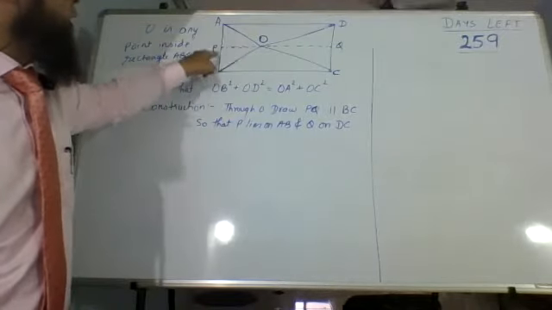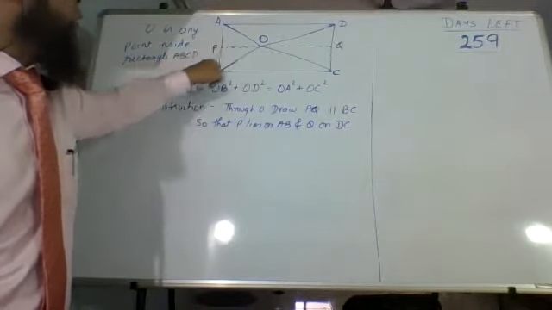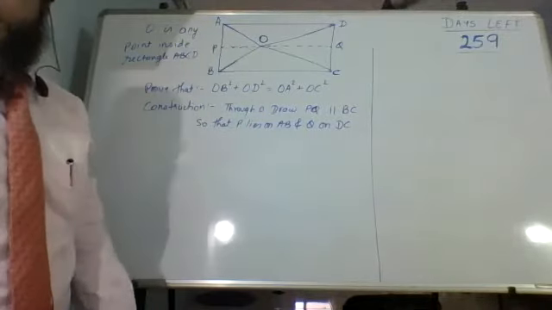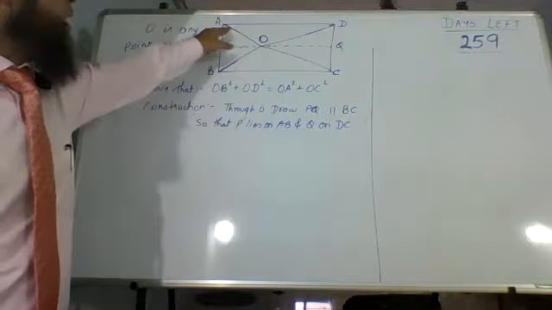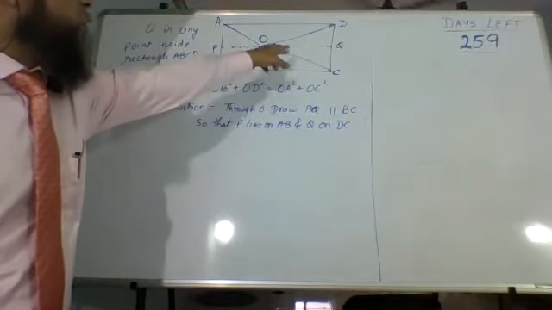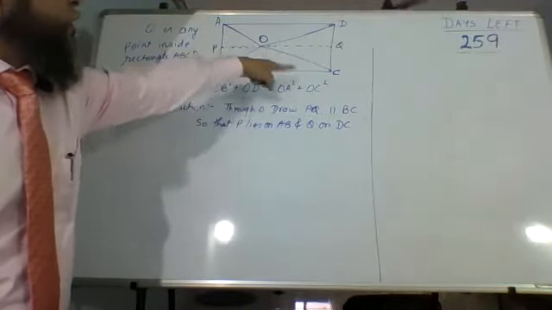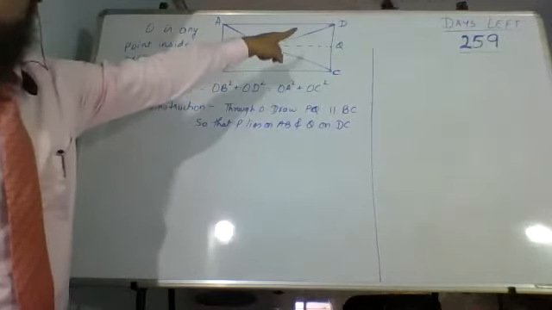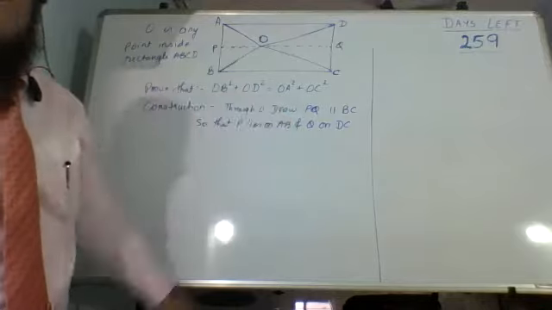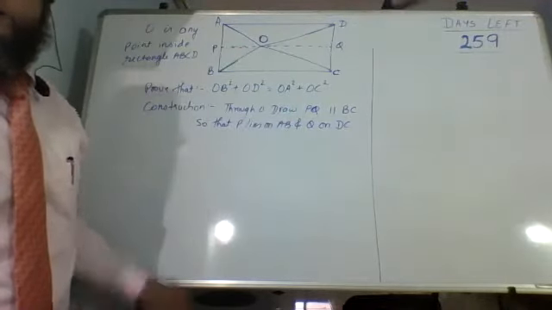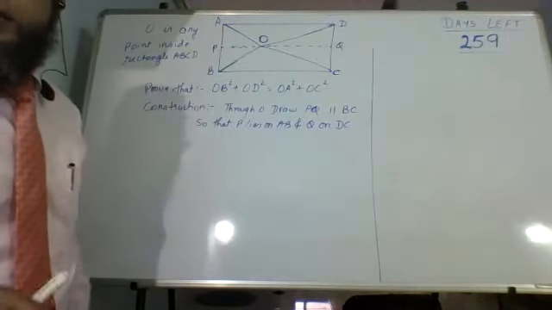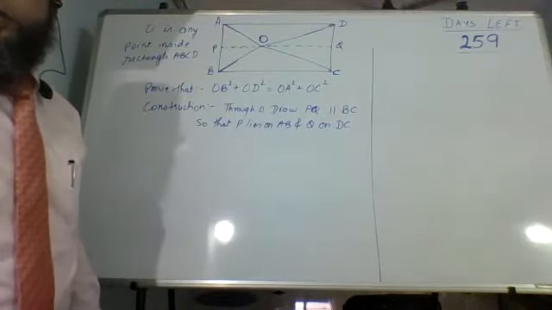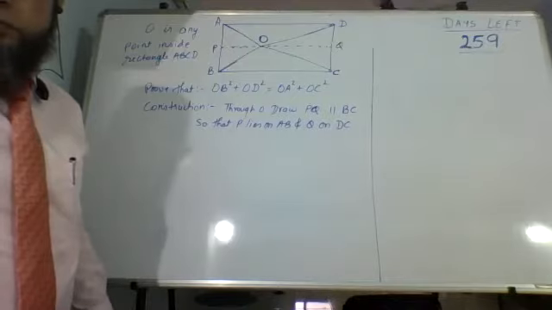So OB square equals OP square plus PB square. That is what we are going to say. Then we are going to show the same triangle over here. We are going to say OC square equals OQ square plus QC square. Okay. So we'll go there systematically. यहाँ तक हो गया, उसके बाद एक एक करेंगे. Anybody has any doubts till here? Okay.